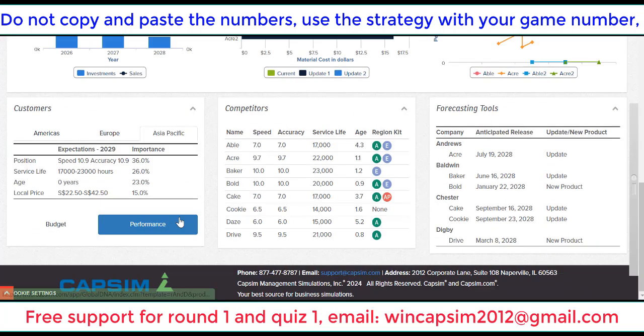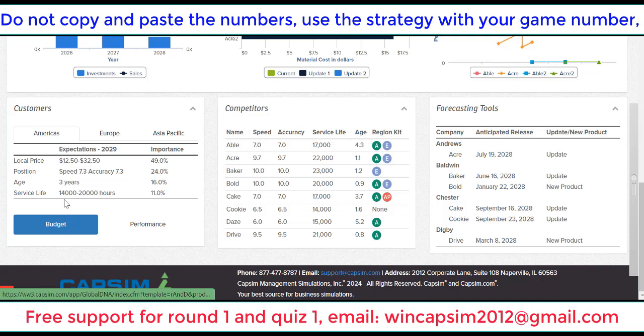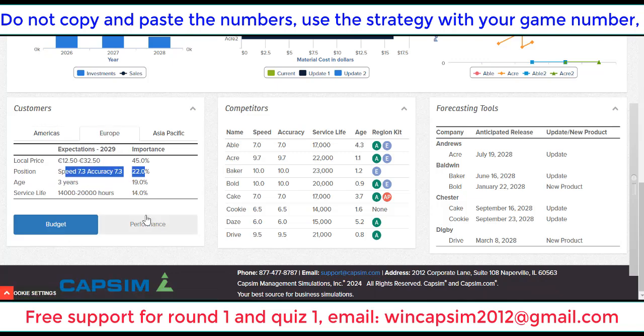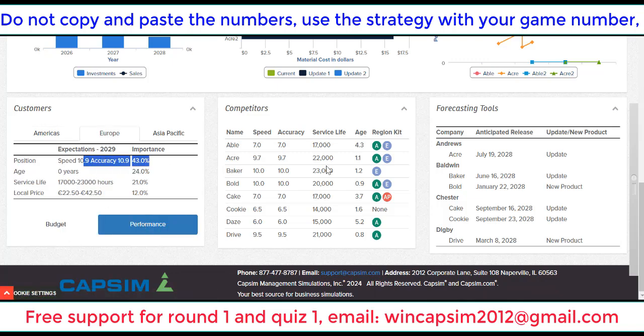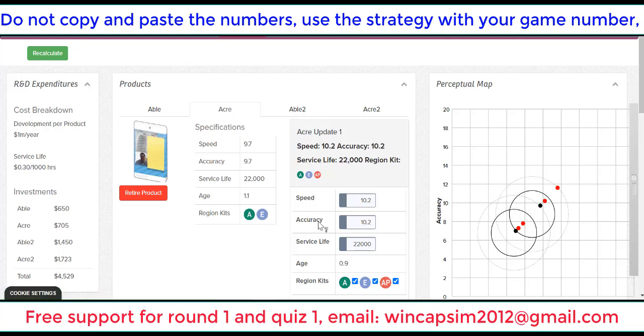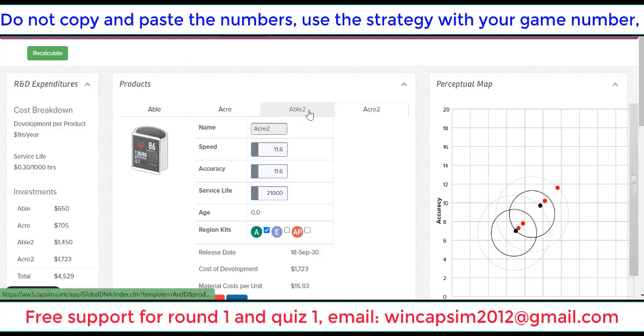I show you again. So we have here the budget segment with the speed and accuracy, and here the performance segment with the speed and accuracy here for performance here, right? And we update the product with new reason kit, update the speed and accuracy. And for the current product, we also update that, and we add 2 new products, and double the sales and profit from round 3. And remember, the CompXM only has the 4 rounds, so we started